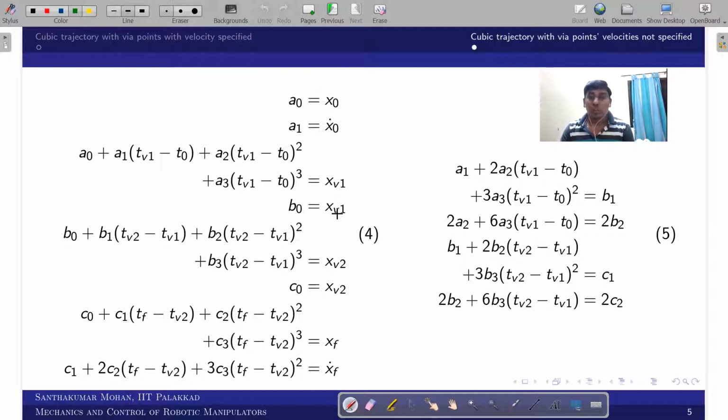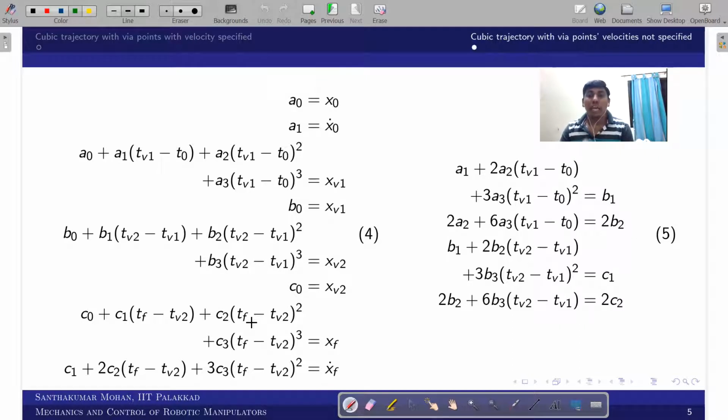So b0 we can write as xv1. This we know. Similarly you can go to n segments: the second segment's final point is known and the third segment's initial point is known. For the final segment, the final point and final velocity are known. So the initial and final velocities of the entire trajectory are given, and all other via points are prescribed.